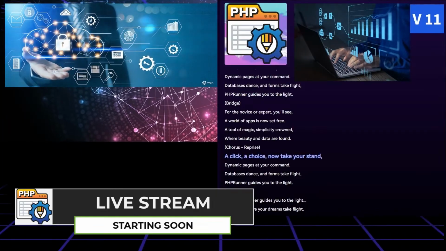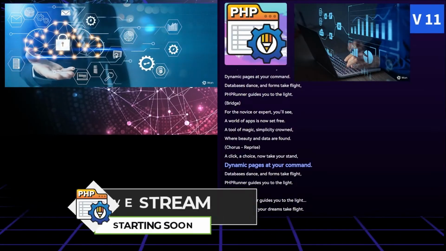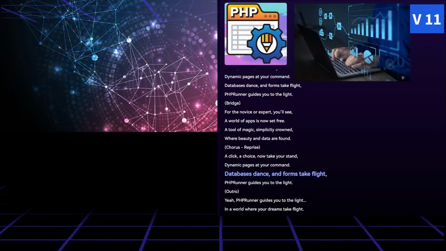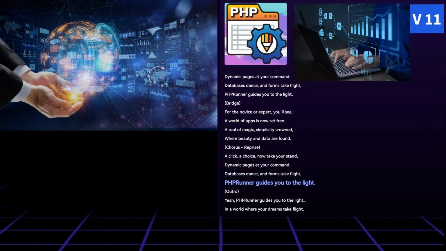Click a choice, now take your stand. Dynamic pages at your command. Databases dance and forms take flight. PHPRunner guides you to the light.